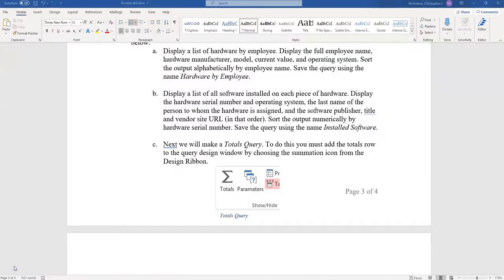All right, so let's read this. Display a list of all software installed on each piece of hardware. So this is a many-to-many relationship. Here's the thing that's not obvious right at first, and I forget how Access handles it, but if I remember correctly, Access is supposed to be user-friendly, and you don't have to understand how relational databases work in detail in order to operate with them. You just have to follow some guides about entering data, how to make a query, blah, blah, blah, and